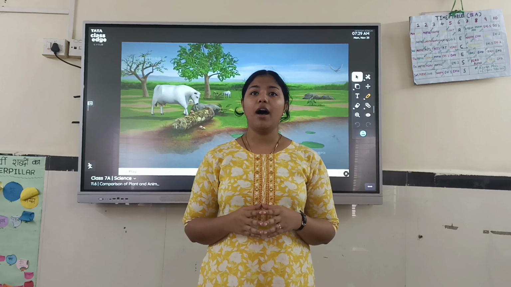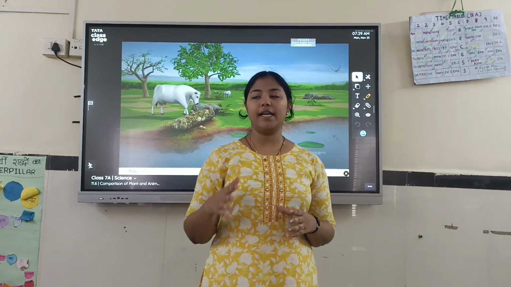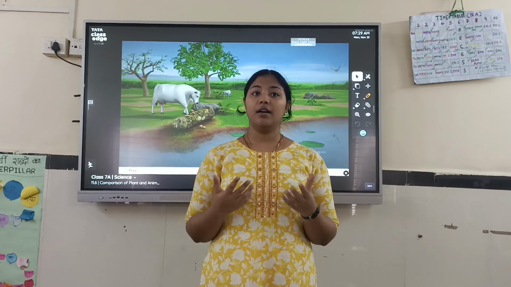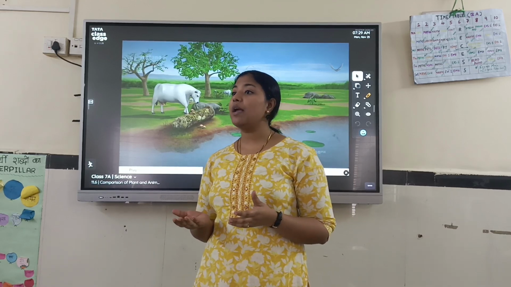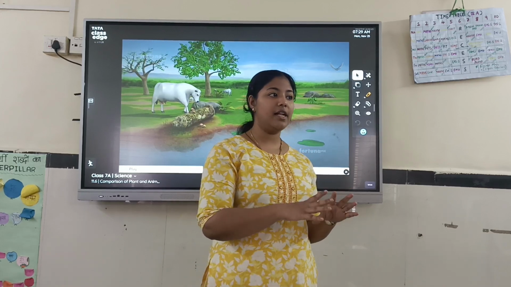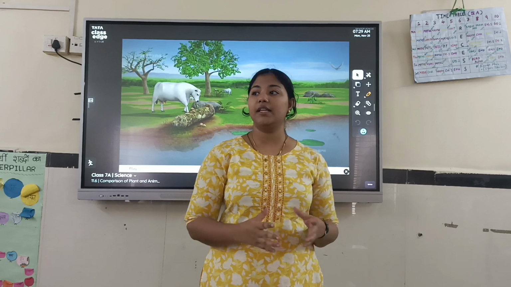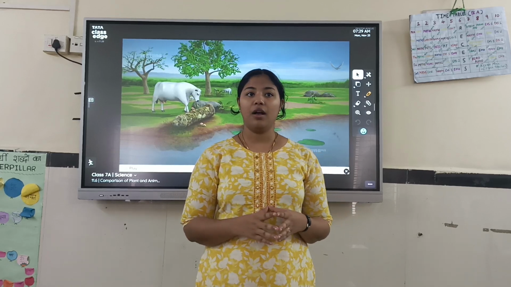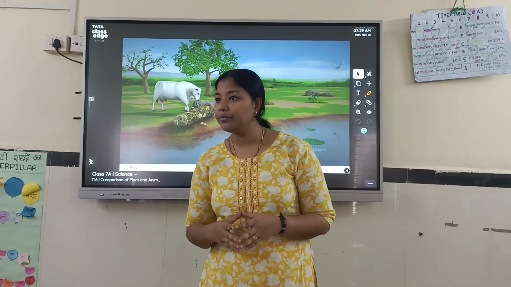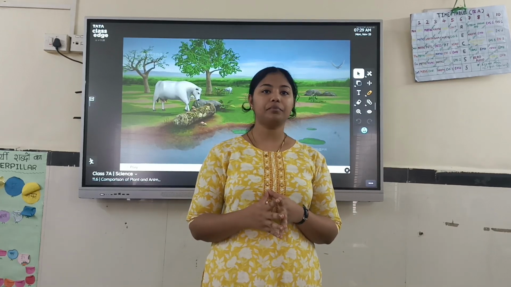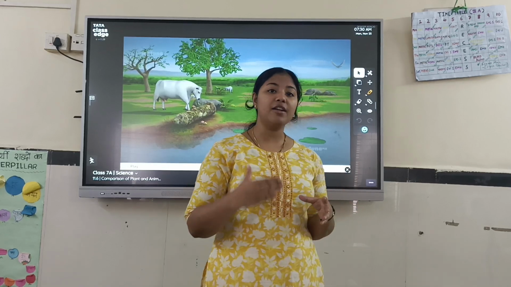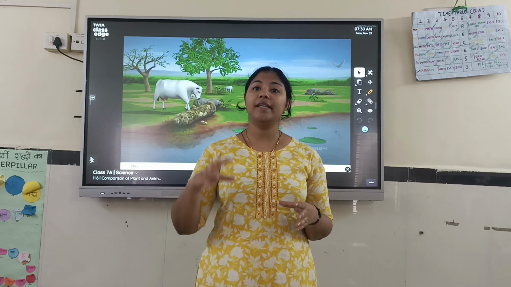Now tell me one thing. Are all the cells the same? No. So we have different cells based on their shape and size. Why do we have different cells of different shapes and size? Does it have any connection with the function they do? Yes. So the shape and size of the cell depends upon the function that particular cell does.